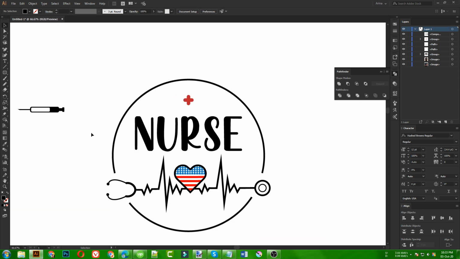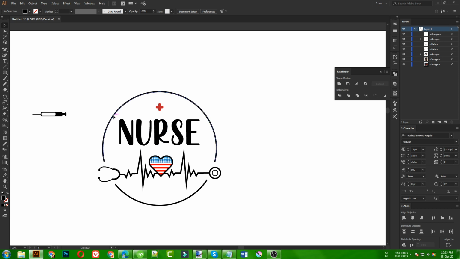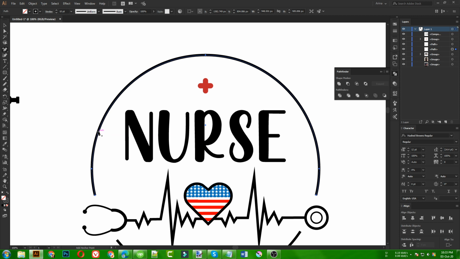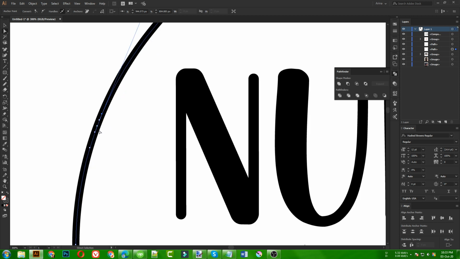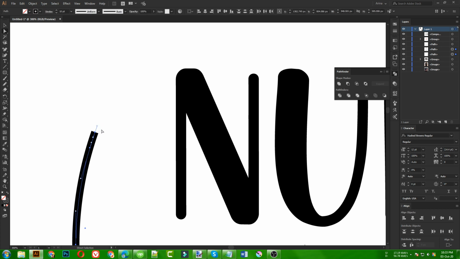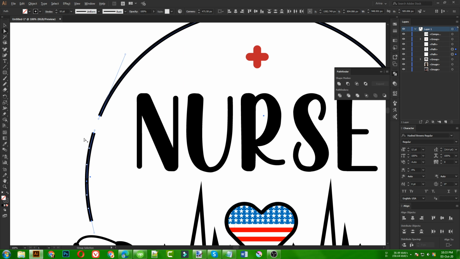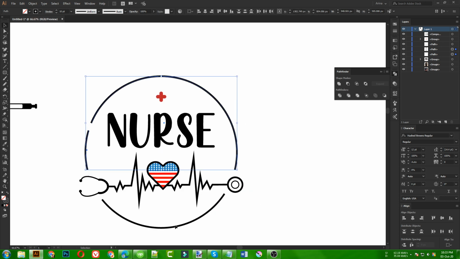That is good, not a problem. Then if I just make some extra points here, like this area, click, just 3 clicks, and we are going to select the middle one. Sorry, that is not the middle one, this one. So it will make these areas, as it is now a cut path, not an open path. This ellipse is not joined together, so we can simply use our eraser tool here